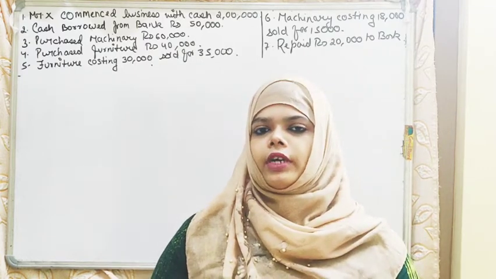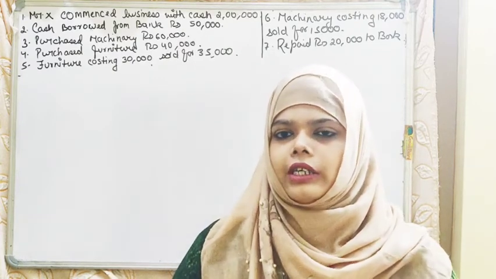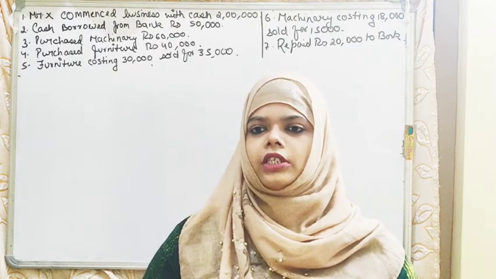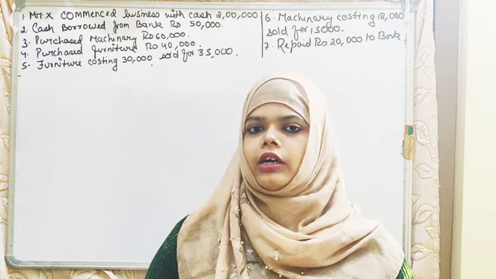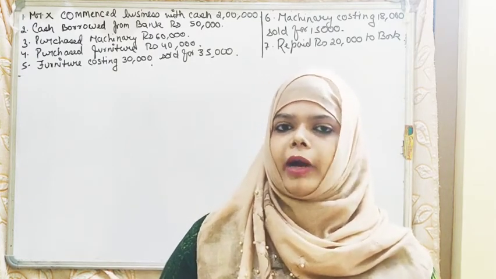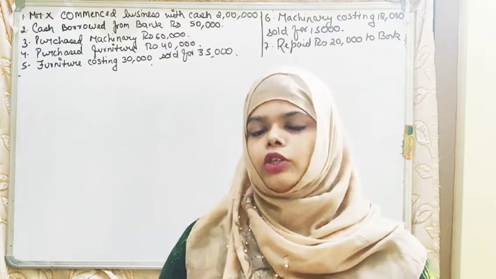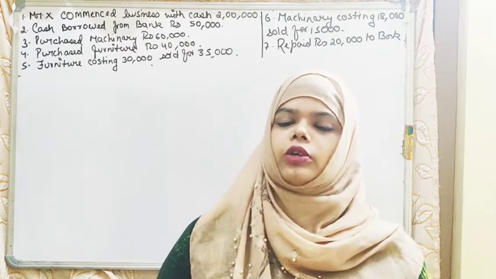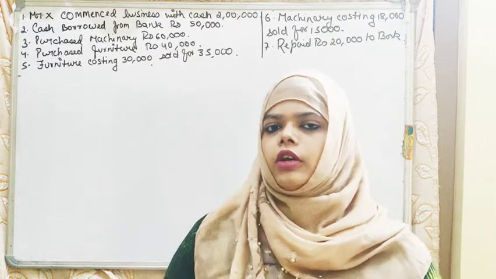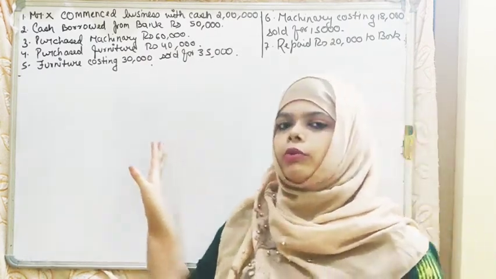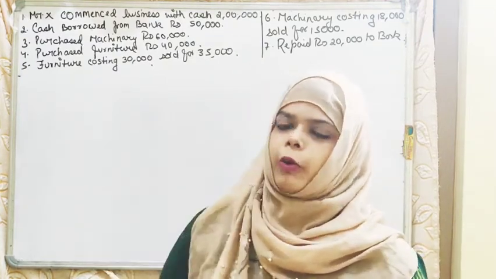So as we know, we are coming to the problematic part. We have to be good enough to understand, if a transaction is happening in a business, what will be its effects in the cash, in the credit, in the furniture, or in the bank, or in the liability, or in the capital. We have to distinguish which transaction is affecting which elements of the accounting equation, which is the most important part. I have already written the problem on the board, so it will be a convenience for you and for me. Let us begin the problem.